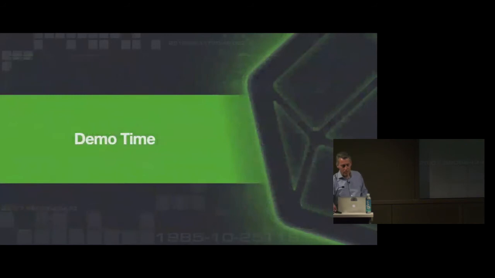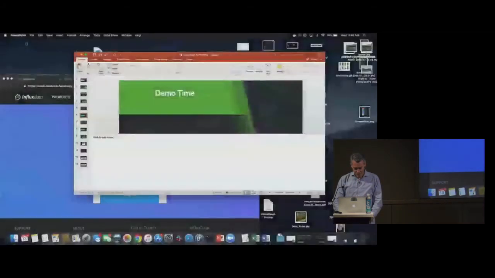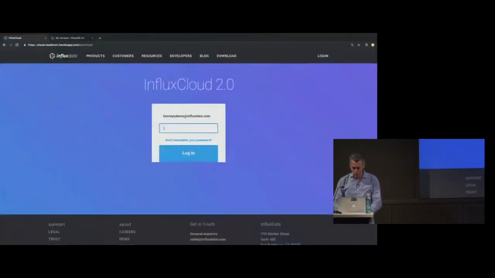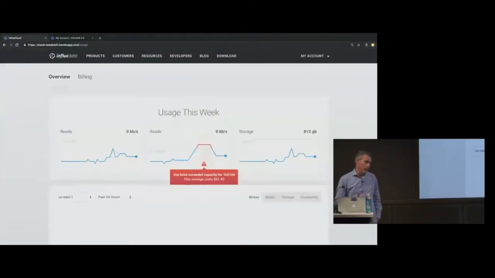All right, so with that, enough slides. Let's do a live demo. This will be exciting. All right. So first of all, let's walk through a little bit of the registration process. First and foremost, logging into Cloud 2, the first thing is to give you clear and concise visibility into the workload and how that relates to the various cost profiles.